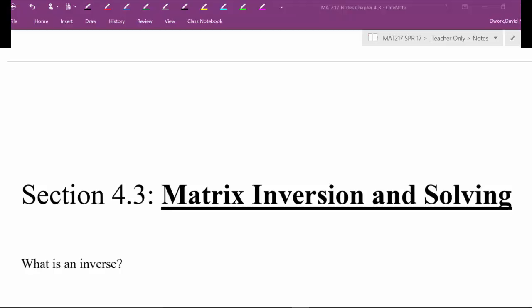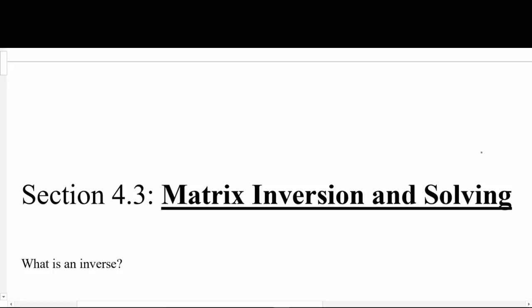In this section, we're going to cover matrix inversion and how to use it to solve. Now, the key piece to this is we first just need to talk about inverse. Make sure we understand what the word inverse is. And most students, if you've heard this word before, you just have used it in, for example, you need the